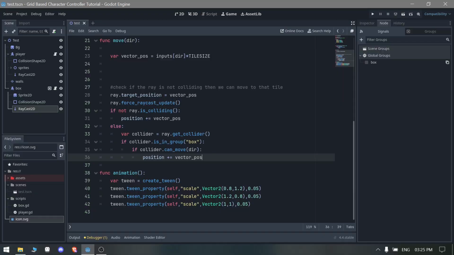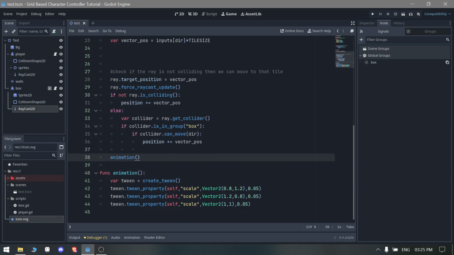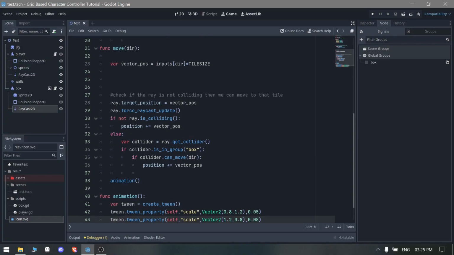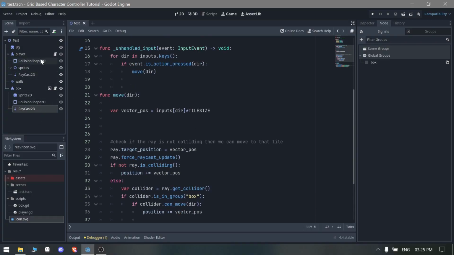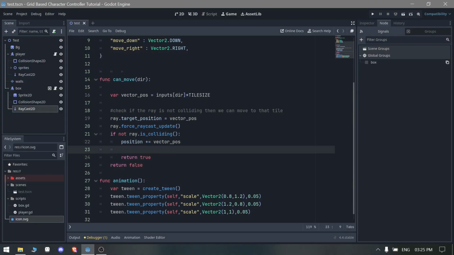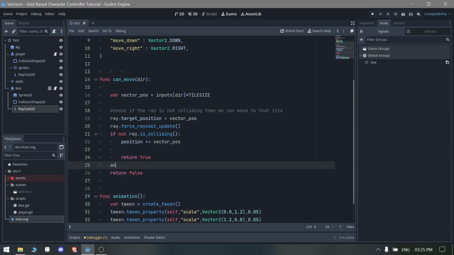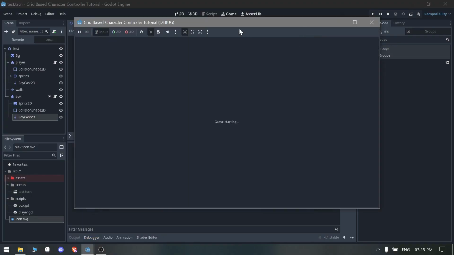Let me just disable the collision shape, and also let's add the animation here. In order to play the animation every time you move, you just need to add this animation here, which is this whole chunk of code. We also need to do that in the box here. So we also need to play the box animation. We are going to do that here as well. Now if we run this scene here,